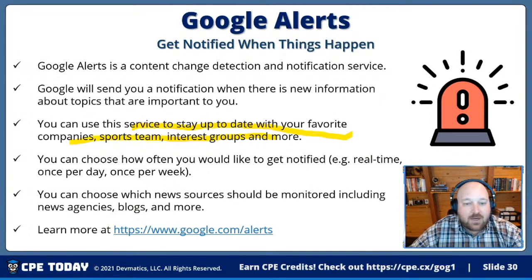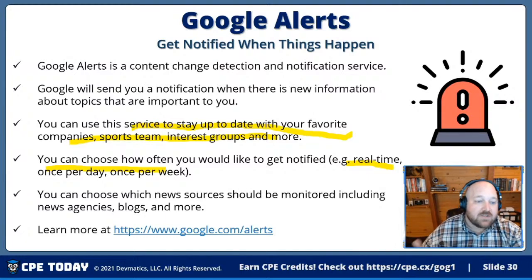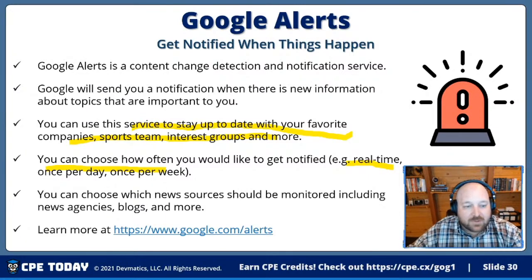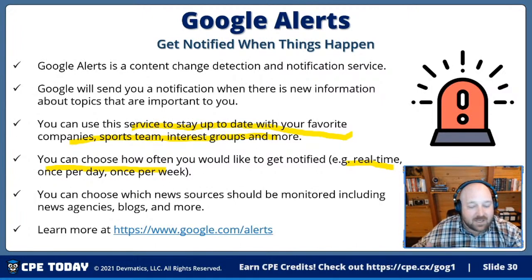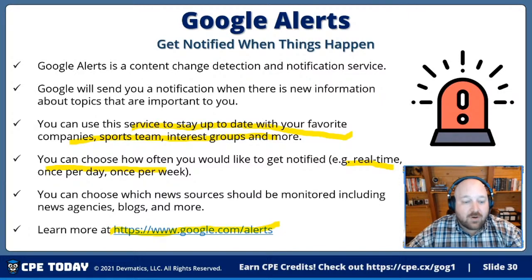And you could choose when you get notified, whether it be real time. I personally prefer once a week, as otherwise the notifications can become a little too much. And you can choose what news services. So for example, you could say, I only want reputable news services like newspapers, or I could say, show me everything, blogs and other websites like that as well. And so you could set up your own Google search terms, and then it will send you a notification for when those terms might pop up. And so it's